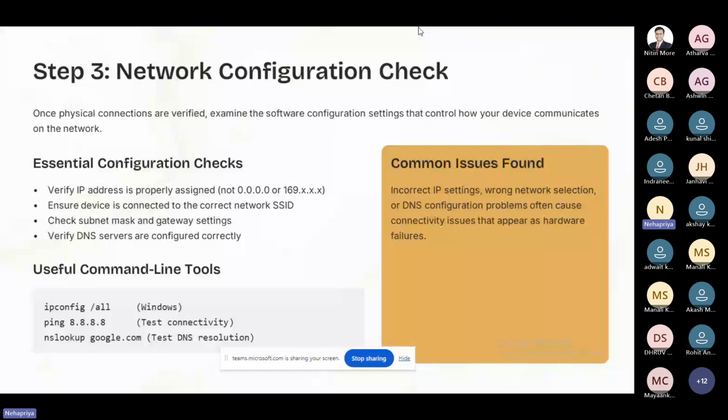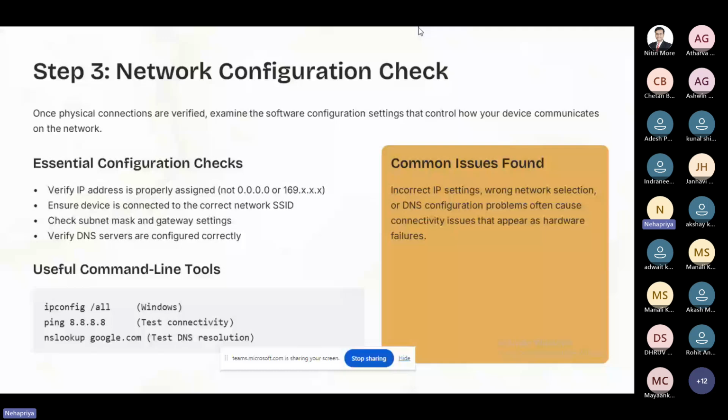So these are some useful command lines. These are the commands, and they are very useful. ipconfig is to check IP details. Then ping to test connectivity. And